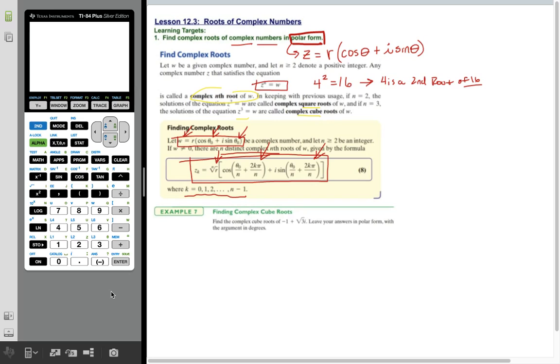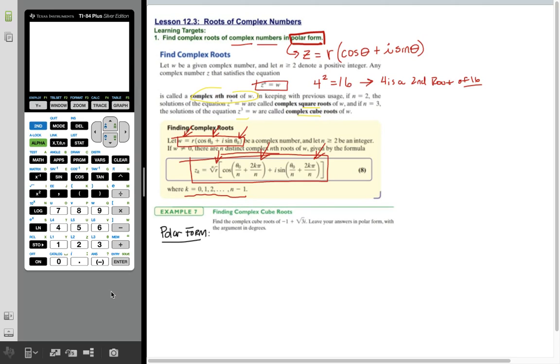So if that complex number is -1 plus the square root of 3 i, we are going to go ahead and leave our answer in polar form. And we'll use degrees because I think that'll be a little bit easier. So step 1 is to go ahead and express this number in its polar form with cosine and sine, with r and with theta. So we're going to do that first. We're going to say the polar form